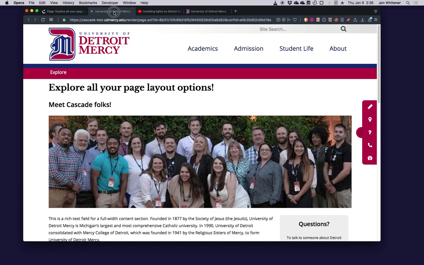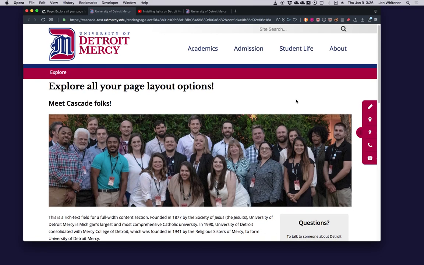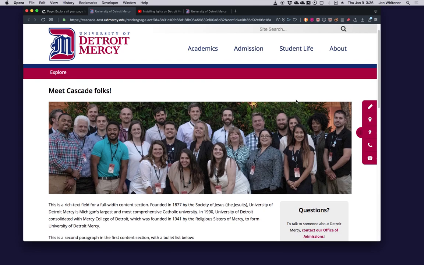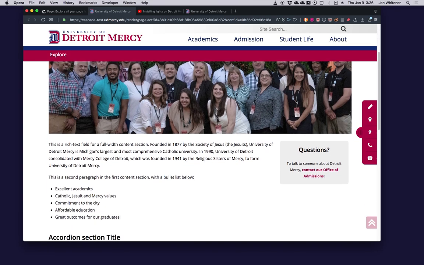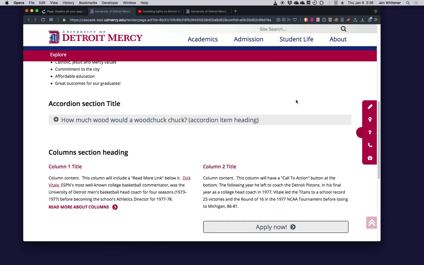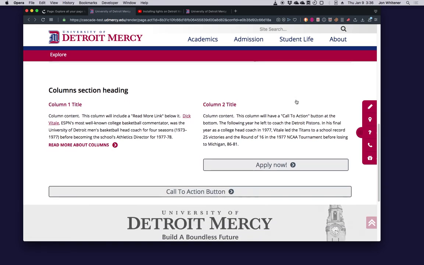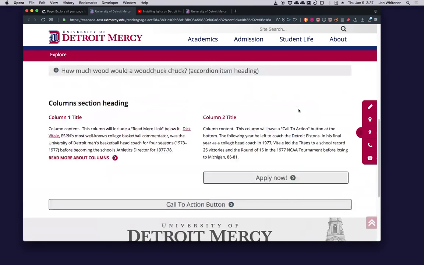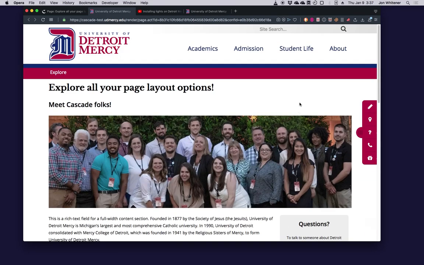First I'll show you what this page looks like published. This is actually kind of that full screen preview that you can get from the More menu when you're in Cascade. And I've thrown in some images and some content and some different layout options here. We'll just scroll through them and look at them a little more as we go. Accordion sections, a column section, a big call to action button. Again, the footer here is something that will automatically be inserted, as well as the page header. Those things won't be part of what you edit, but everything in between is what we'll play with today.